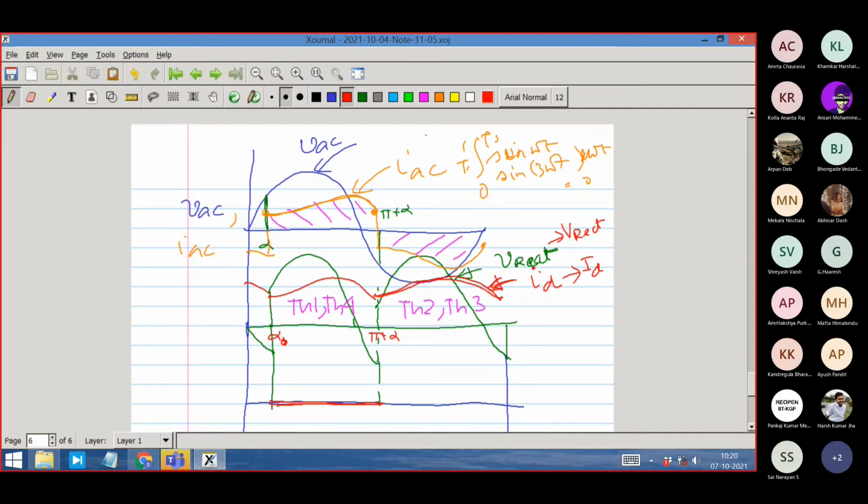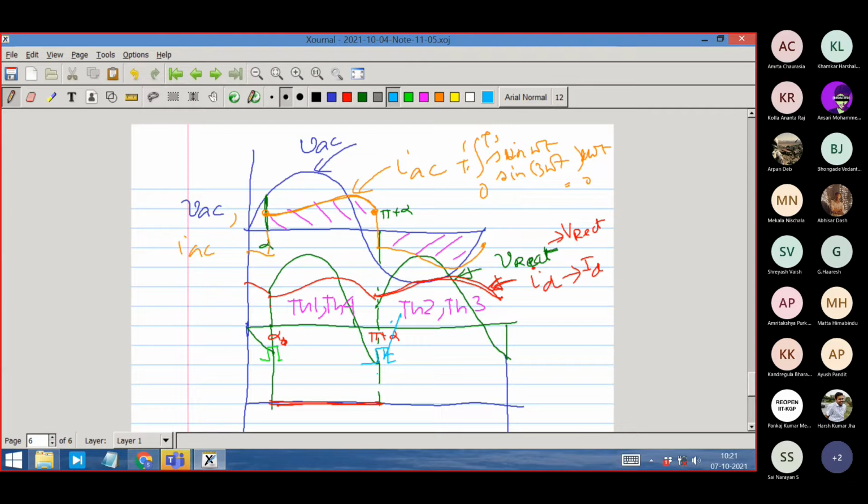Here, in one case thyristor 1 and TH4 were fired, and in this case you have fired thyristor 2 and 3. Here you have fired thyristor 2 and 3. So the moment you have done that, in almost no time, thyristor 1 realizes that it is good for it to turn off. The condition has been created for it to turn off.